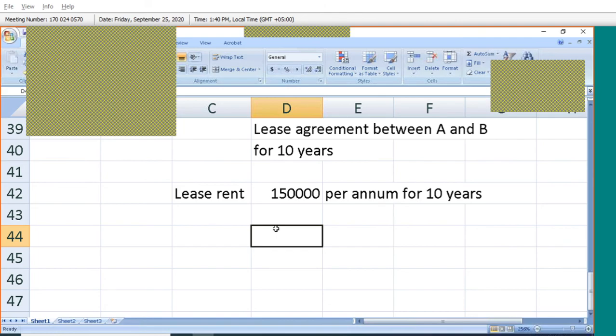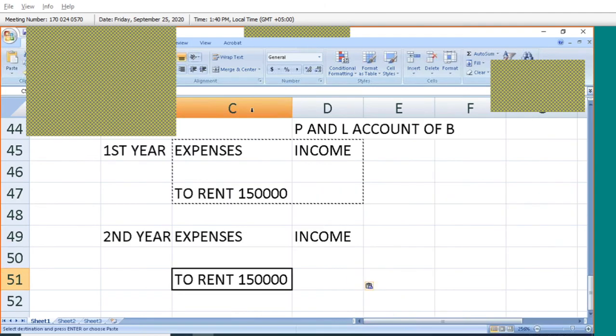So why this accounting standard, sir? What is the use of this accounting standard? Why are we studying AS? Because we already know the accounting treatment for lease: debit the P&L account, we are paying rent. So logically you have to think. There is a concept called substance over form. Have you heard about substance over form? Yes or no? There is a concept called substance over form.